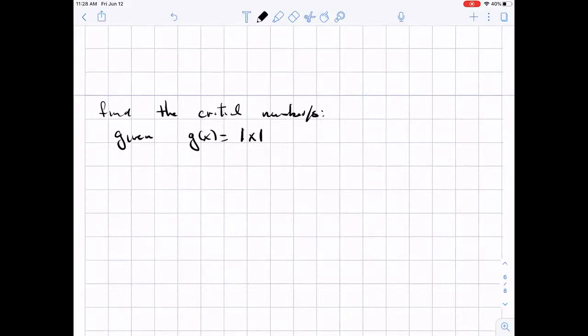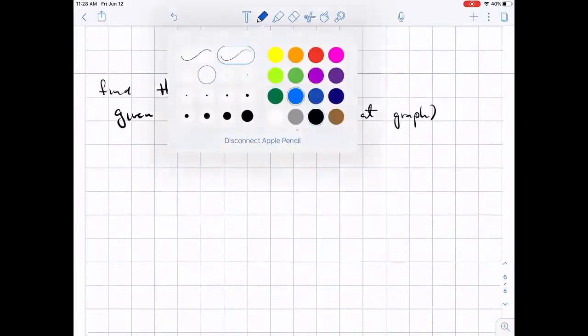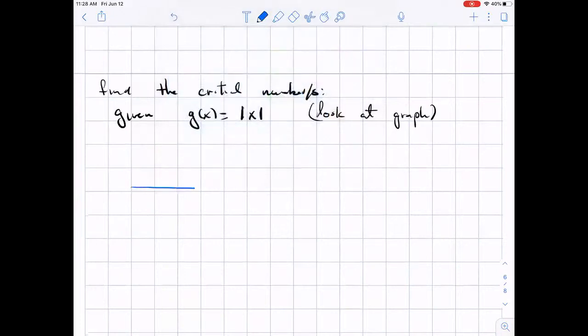Now, take the first derivative, set it equal to 0 to find your critical numbers. But you know, okay, let's look at the graph, okay? So if you look at the graph of the absolute value of x, we all know what that graph looks like, okay? You know what the graph of the absolute value of x looks like. And that is the V, okay? Now, notice that at this point here, there is a relative min,